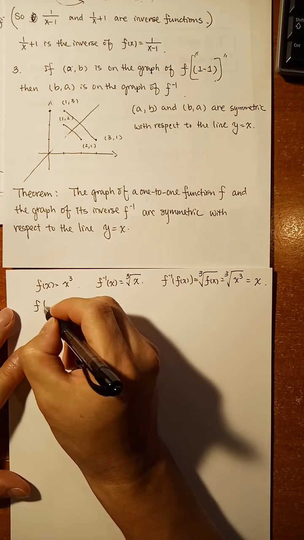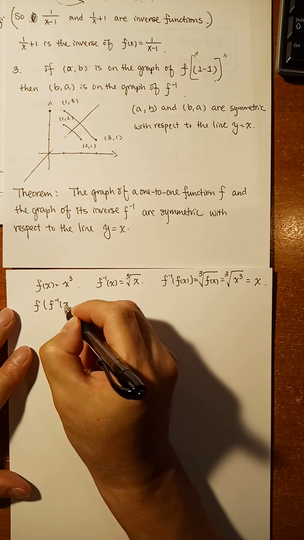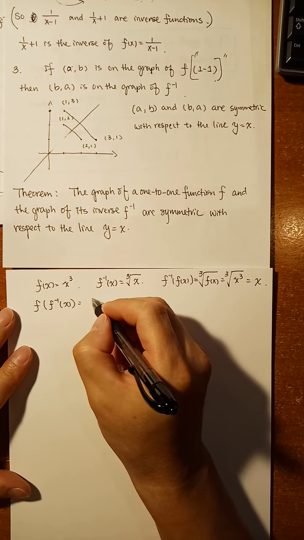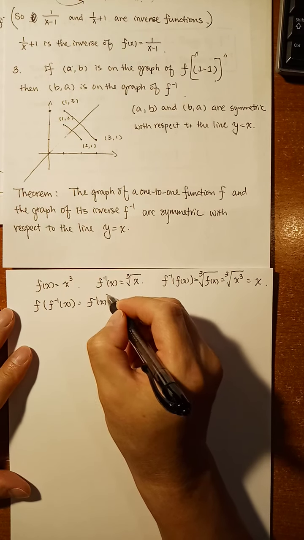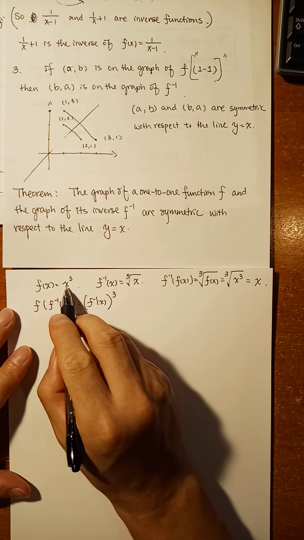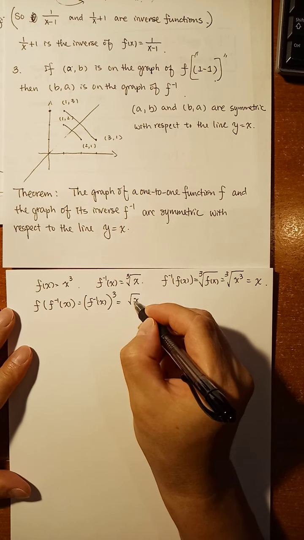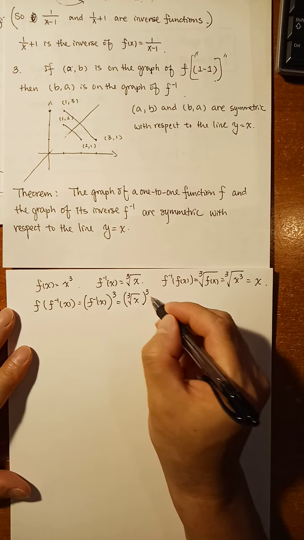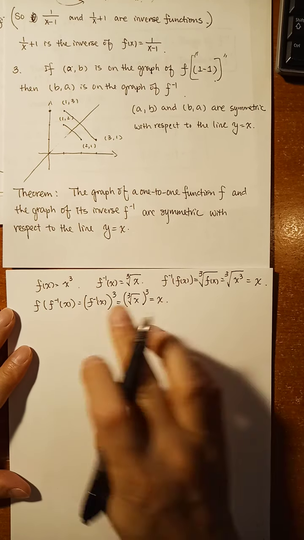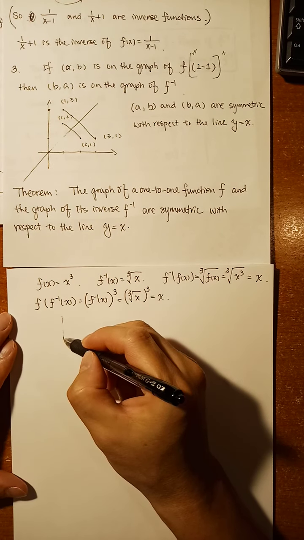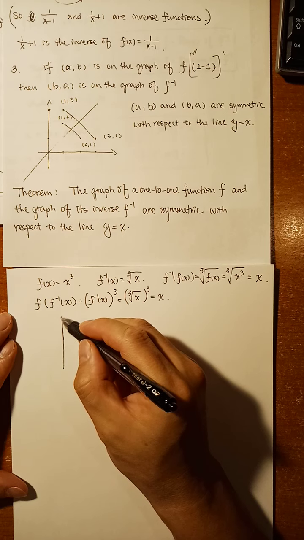And the other way, f of f inverse of x: f inverse of x is something, and then f is something cubed, right? We apply this function. It's the cube root of x and then cubed. It is just x. So they are inverse functions. And then if you sketch the graph,